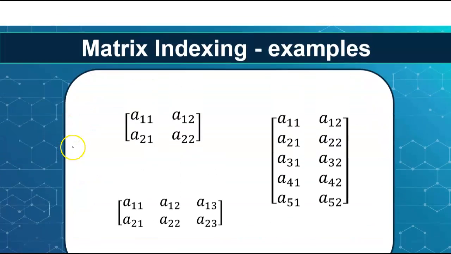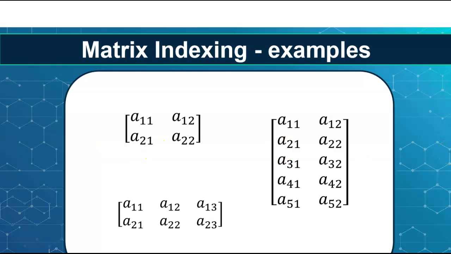So here's some more examples of matrix indexing, just some different sizes. You can see they follow the same pattern. The row number stays consistent in each row. Here's row 2. Here's row 3, and in this one, row 4. The first subscript each time is the row number. And then the second number stays consistent in each column. This is column 1. This is column 2. Down here's column 2. This is column 3. You can see all of these have the same column number. So this is how we refer to particular elements of any size